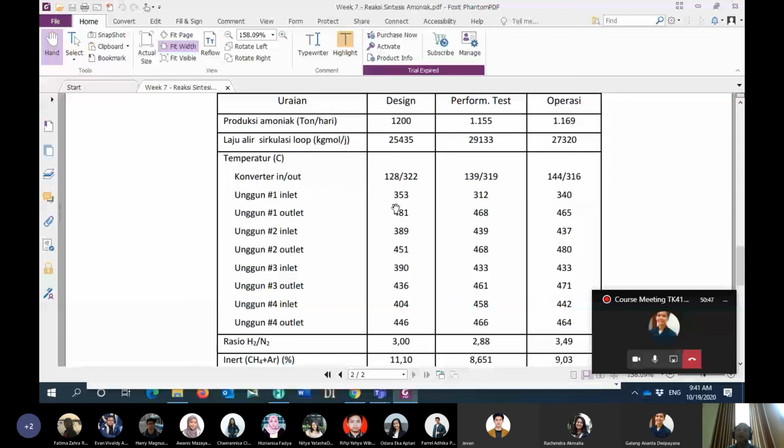The outlet will be 481, which is higher than 353, the inlet. So it means yes, it's correct, the reaction is in an exothermic condition.